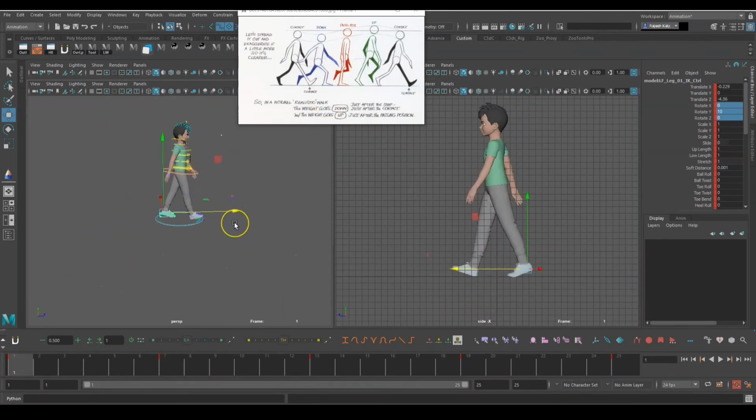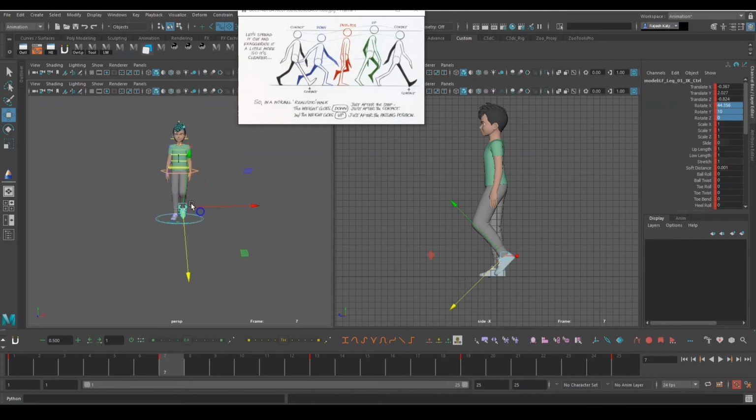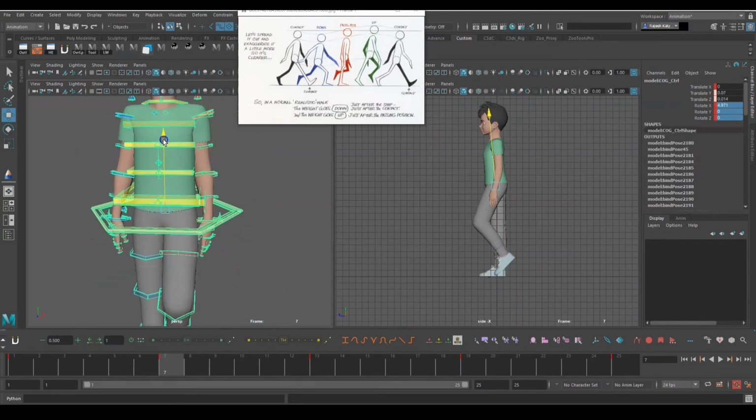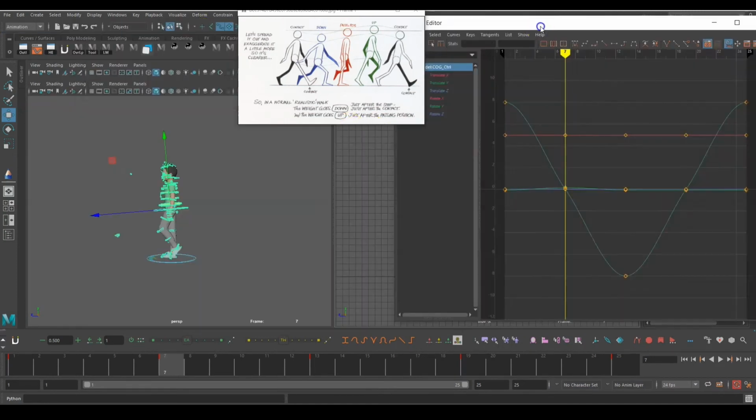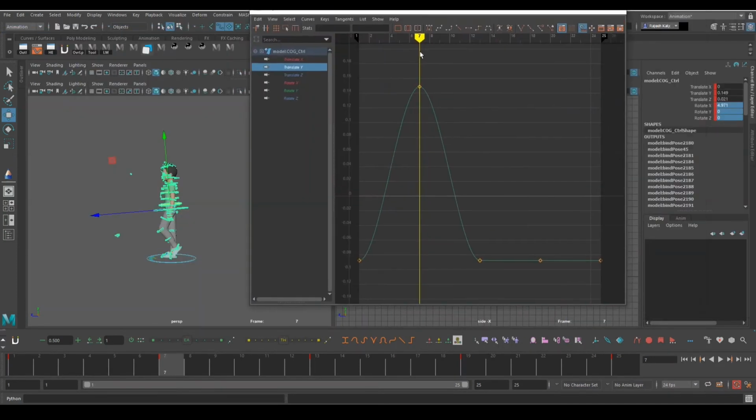Pose like this for the passing pose. Okay, and we'll take the pelvis a little up. Same, we'll go to graph editor, copy paste the same value on frame 19.